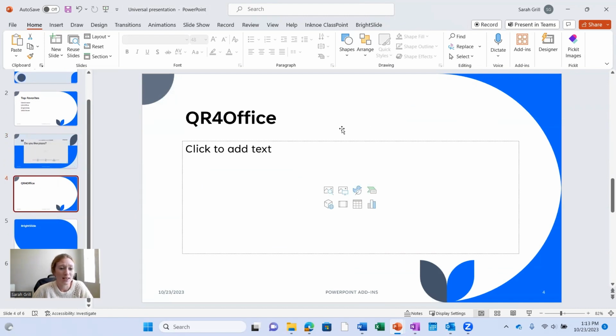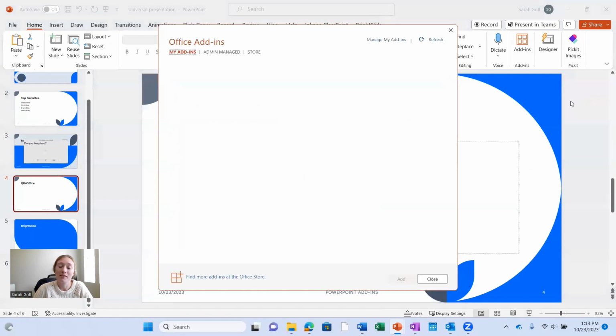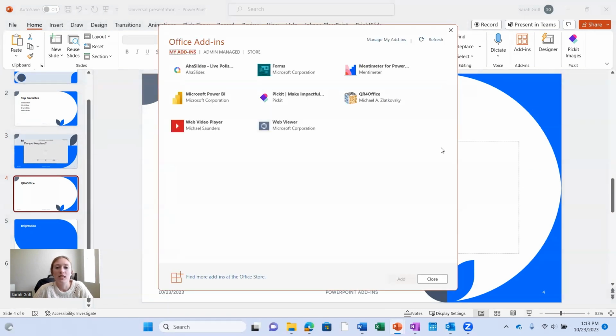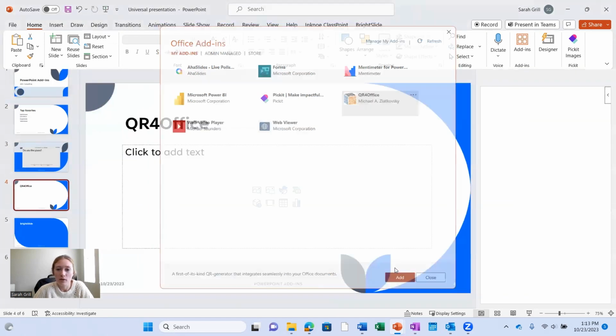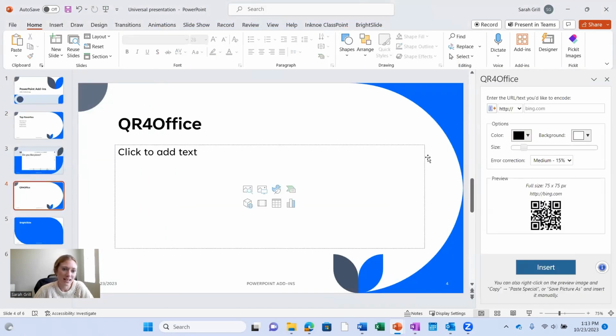Okay. Next is QR for Office. This is a super easy and simple add-in that I think adds a lot of value. So again, you can search it like I showed you before. Once you have it added, you can go over here and click on QR for Office. So basically what this one does is just create a custom QR code that you can embed into your PowerPoint. So whatever URL, if you want it to be linked to a survey or whatever content that you want,